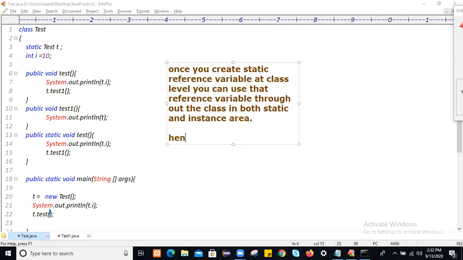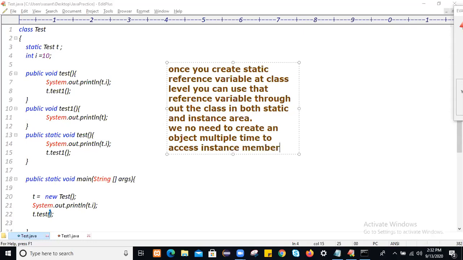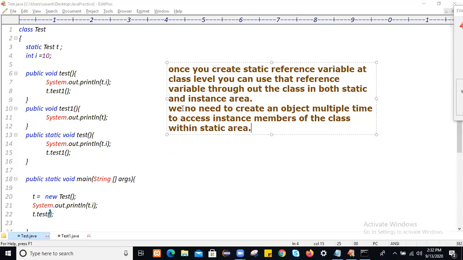We no need to create an object multiple times to access instance members of the class within the static area. To access instance members of the class, we have to create an object, so we don't require to create it again and again once you create a reference variable at class level. That is the meaning of this.